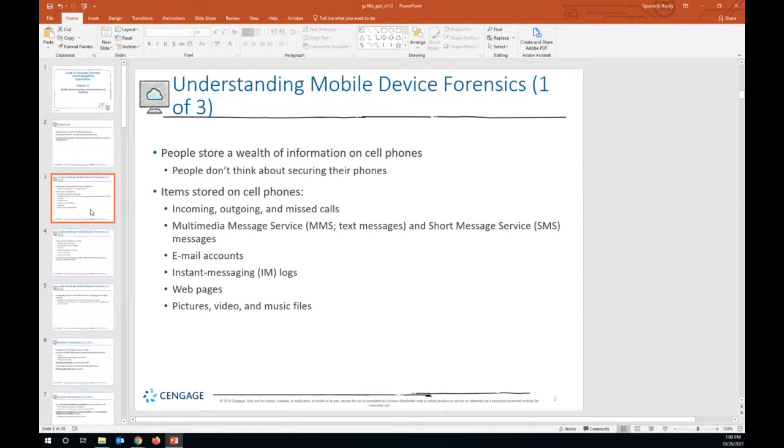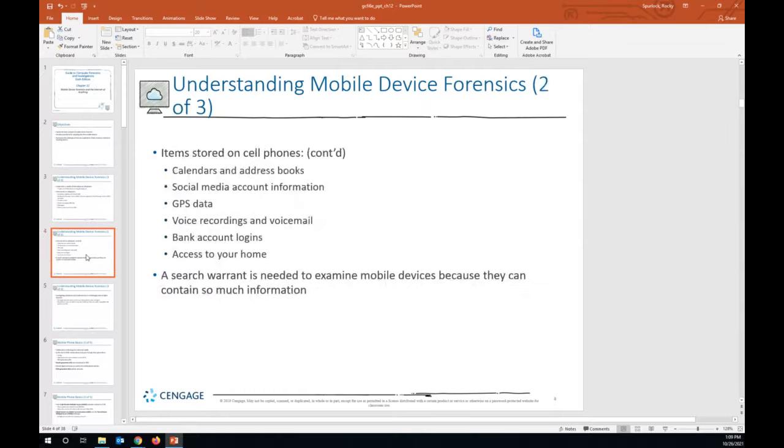People will store a wealth of information on their cell phones, but not many people think about securing their cell phones. There is a lot of information stored on cell phones, such as your incoming, outgoing, and missed calls, your text messages, email accounts, your messaging logs, web pages you have visited, pictures, video, music files, your calendars and address books, social media account information, GPS data, voice recordings and voicemails, your bank account logins, and also maybe access to your home.